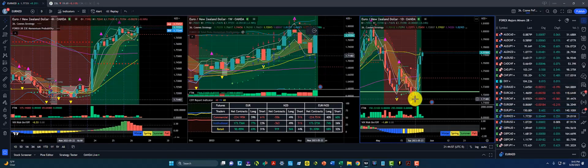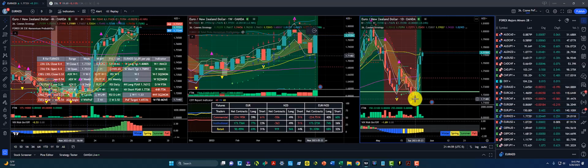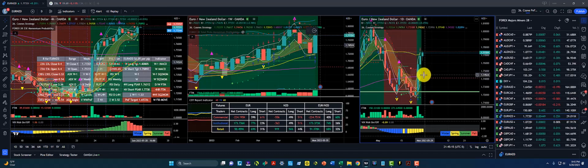Euro New Zealand dollar, one of the best gains that we had going forward. $3,022 starting on Tuesday. So right around 4 p.m. Central Time or 5 p.m. Eastern Time. Got into this trade and nice overall gain and profit to the upside of FTM and VIX in